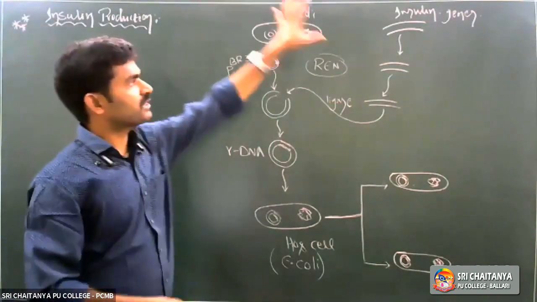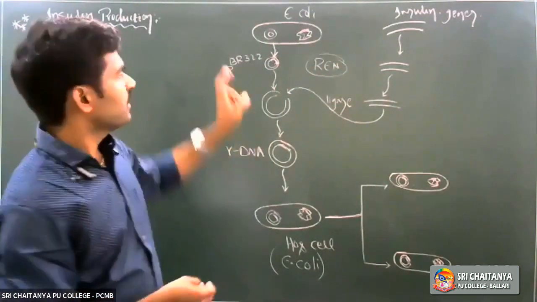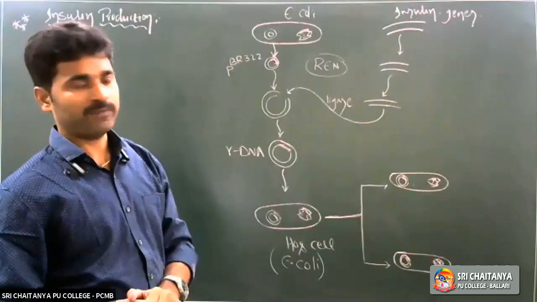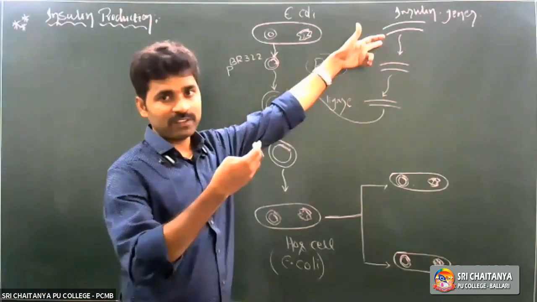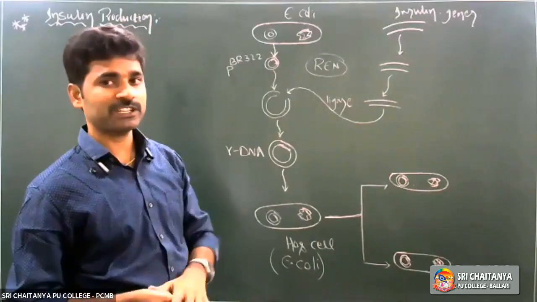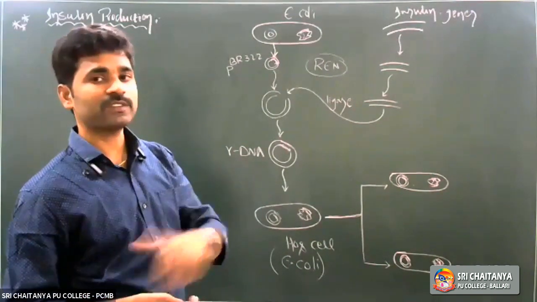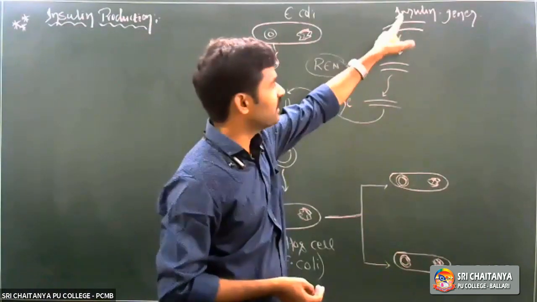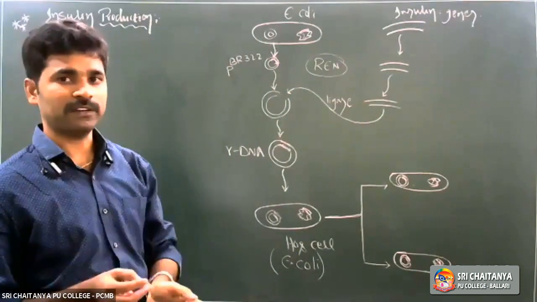So is it clear? First, we collected insulin-encoding genetic material from the pancreatic cells. Second, we collected bacterial cells, E. coli, from the large intestine. We isolated the insulin gene from the pancreatic cells by isolation of genetic material DNA, then fragmentation of the DNA as the second step. Third step, separation and isolation. Agarose gel electrophoresis and Southern blotting techniques were used for the separation of the desirable gene. Like that, we collected the desirable insulin gene from the human genetic material.